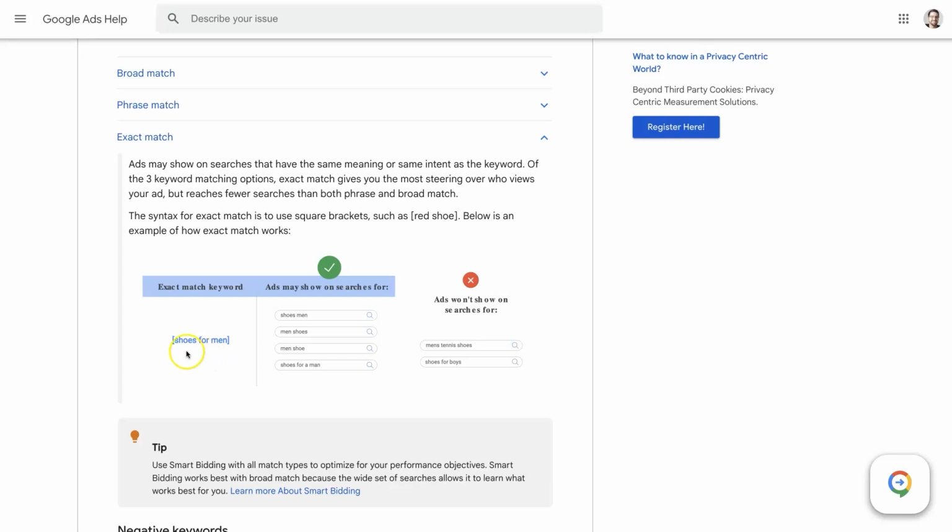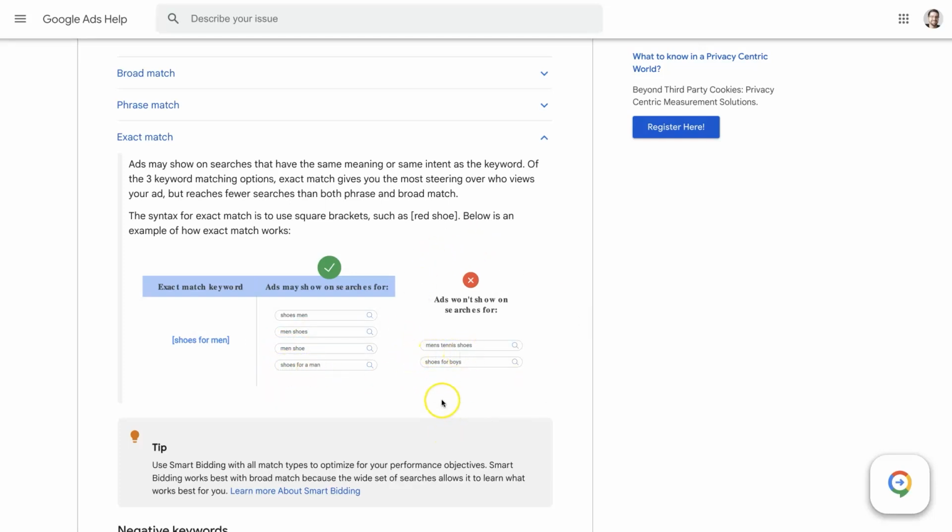For instance, it has this one, shoes for men. Because it's in brackets, that means it's an exact match keyword. And when we're advertising for this exact match keyword, it means our ads could show up when somebody searches for shoes men, men's shoes, men's shoe, shoes for a man,